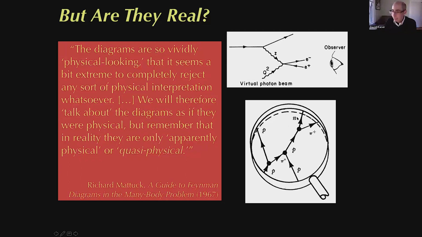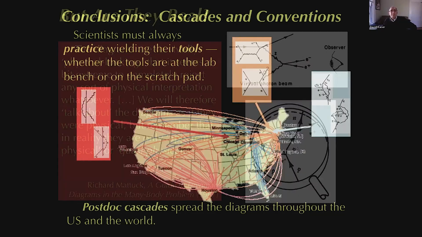Other textbooks at the time reinforce that visually. If we could really kind of zoom in with our own eye and watch these elementary processes, we would see Feynman diagrams. We wouldn't see cathode rays skittering on a scintillation screen. We would literally see nature as Feynman diagrams if we had a big microscope. Okay, so let me wrap up.